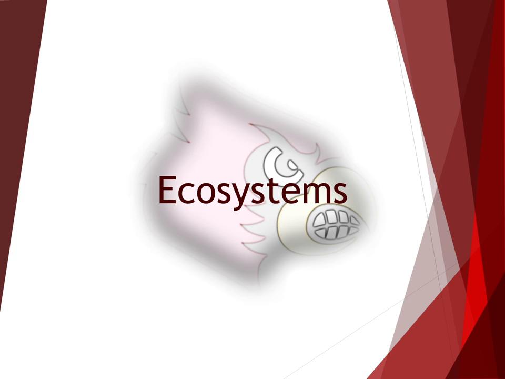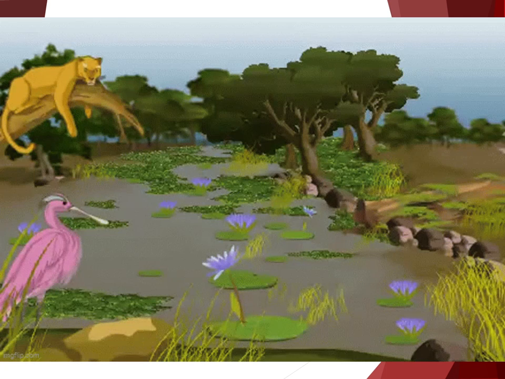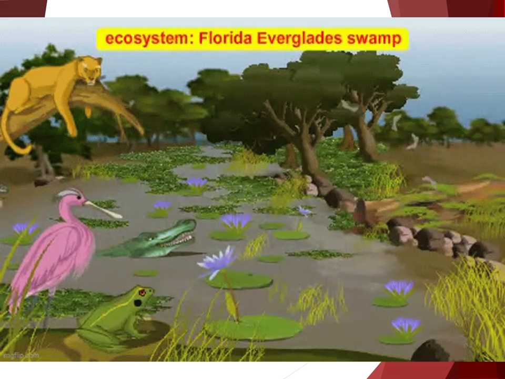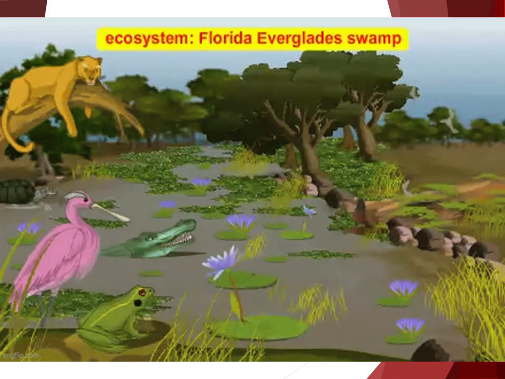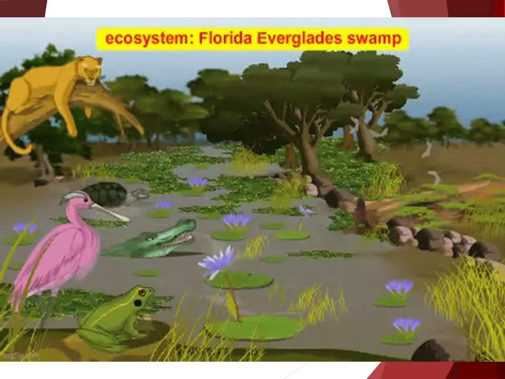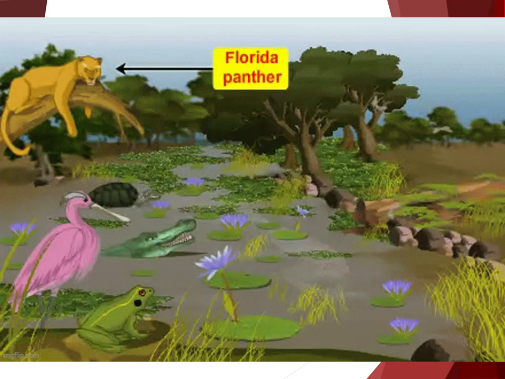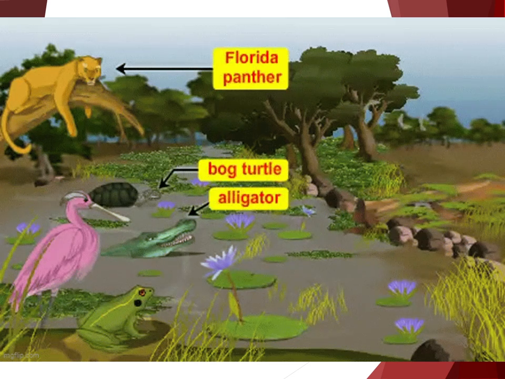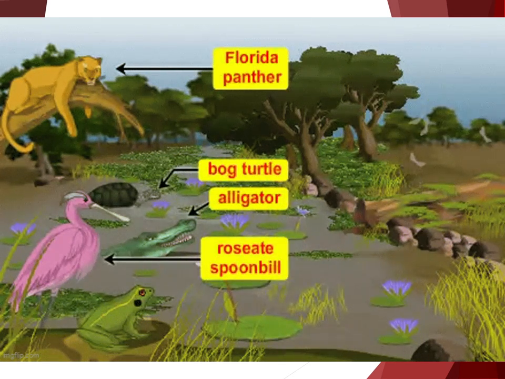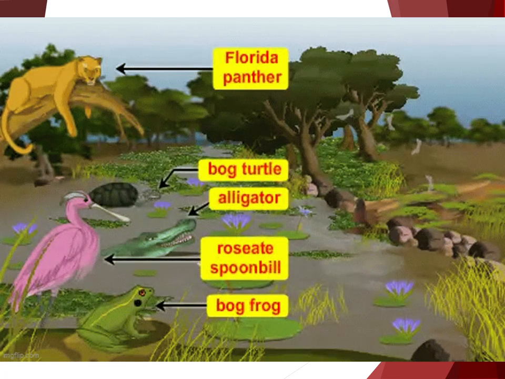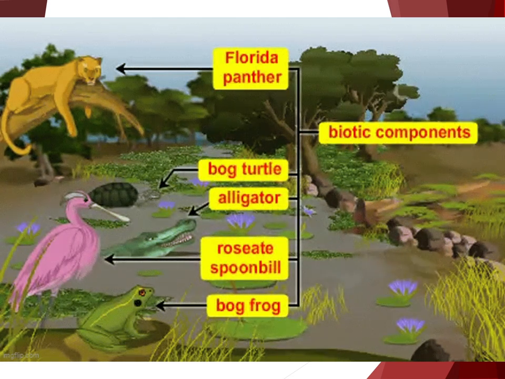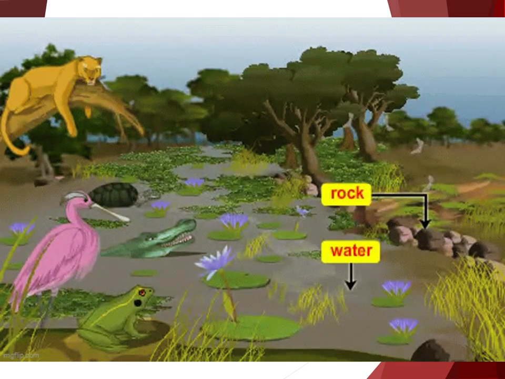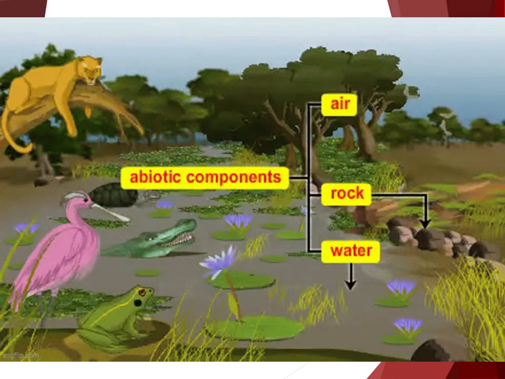Ecosystems. Organisms interacting with one another and their physical surroundings make up an ecosystem. The abiotic factors of an ecosystem are the non-living components, including water, climate, and soil. The biotic factors are the living components and include all of the plants, animals, and other organisms. All ecosystems are open systems with inputs, transfers, and outputs of energy and nutrients.